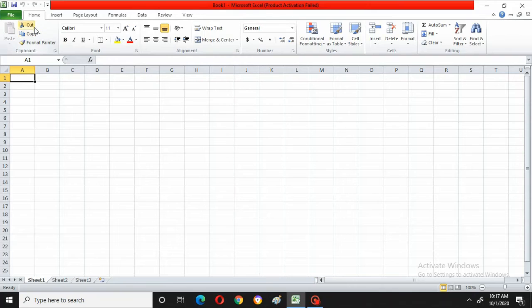In this, cut, copy, paste, you already know about in MS Word. Now in this the same thing will be there. I will show you one example. Click on a cell and just type anything, like I have typed W. Now I will copy this W to another cell. How? First I have to click on that particular cell, go to copy,